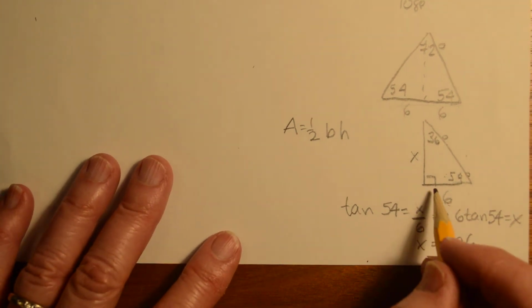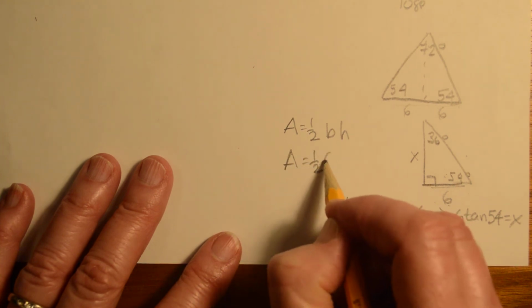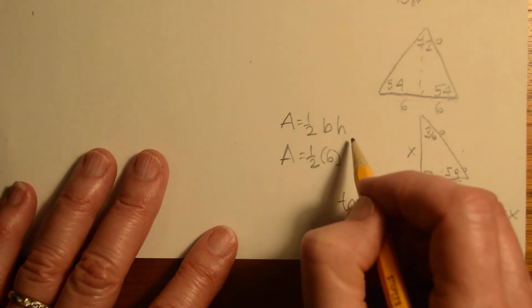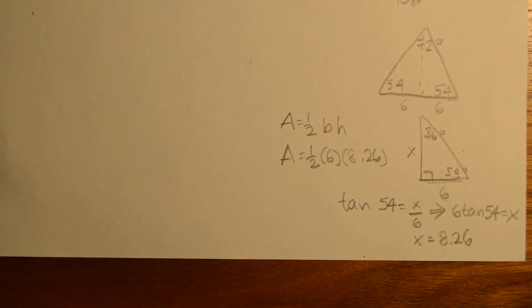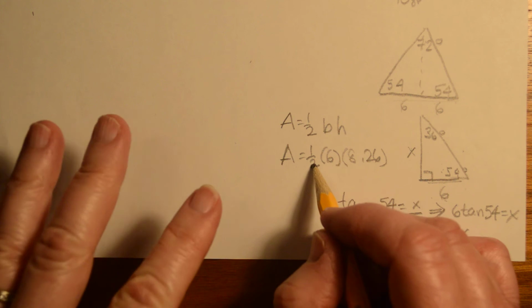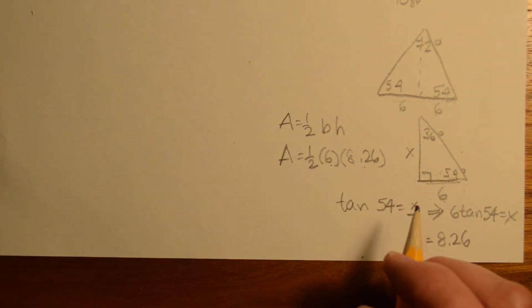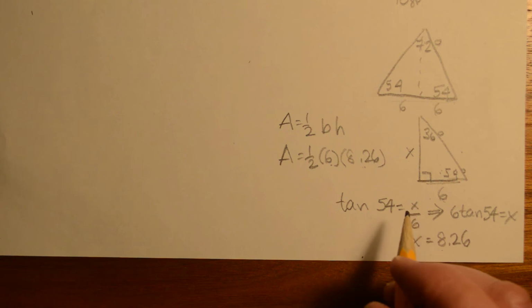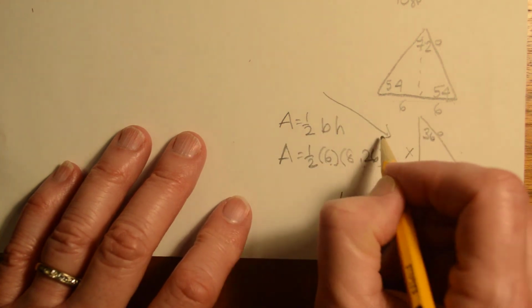All right, the base is 6, and the height is that 8.26. Now, I still have that in my calculator, so I'm still going to use that. I'm going to do 1/2 of 6, which is 3, and multiply it by that value that's still in my calculator, which is more accurate than 8.26. So times 3, and I get that the area of this is approximately